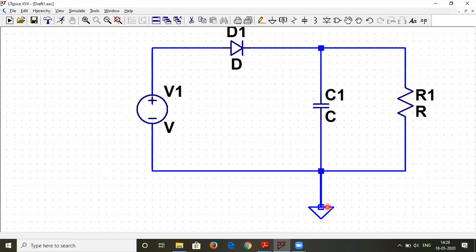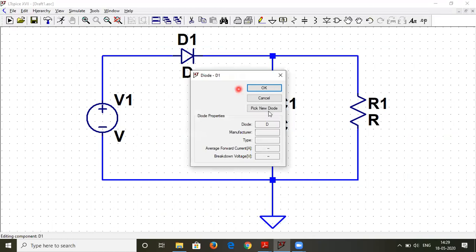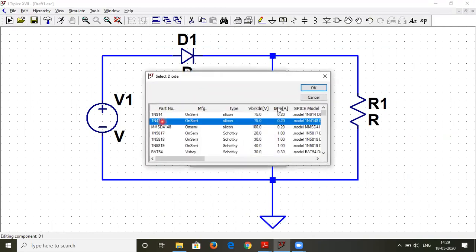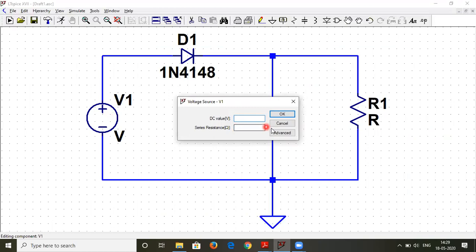Now next we will label the circuitry. That is, on the input side we will define the input and the output, and also define what type of diode we'll be using. The diode which we'll be using is 1N4148, which is a practical diode used in the laboratory, and the power supply will be a sinusoidal signal.